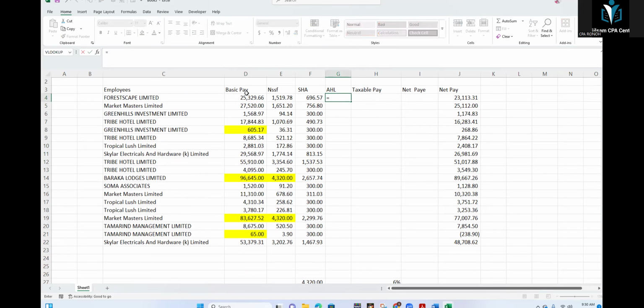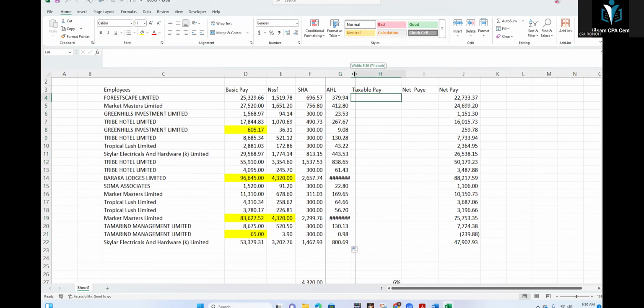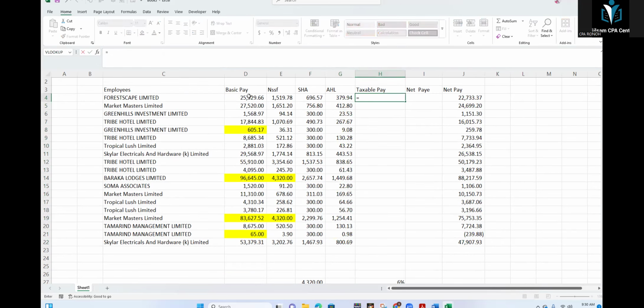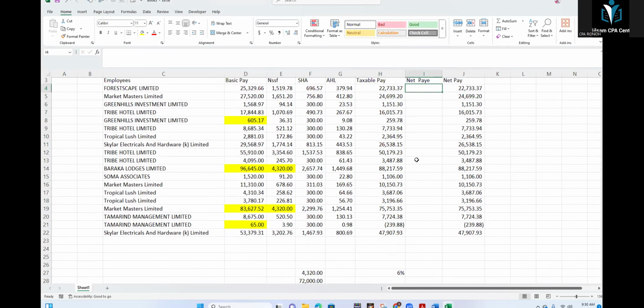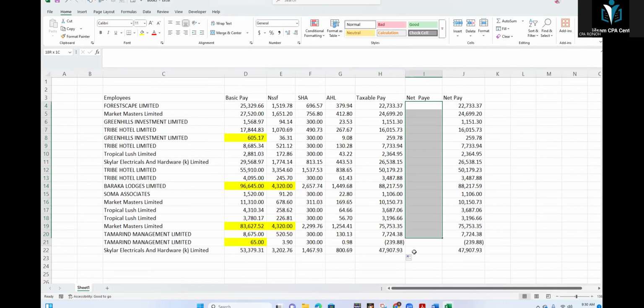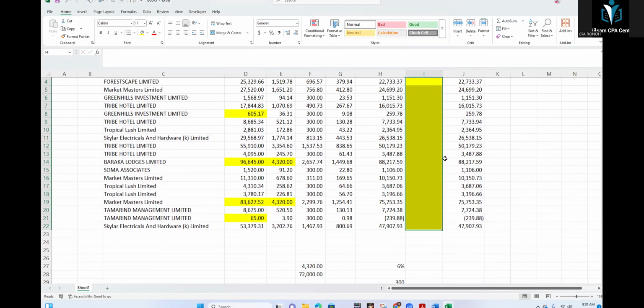Housing levy, this one, we don't need to use and then drag it down. Now we arrive at taxable pay, which is this minus the sum of these three. Get your taxable pay, which is that one. So now we can calculate our net pay. So net pay, this is net pay